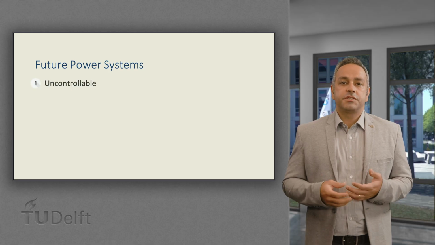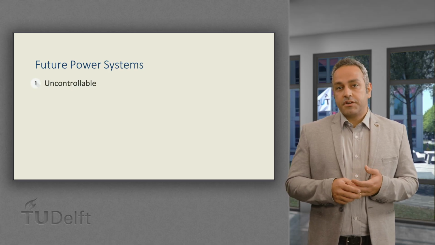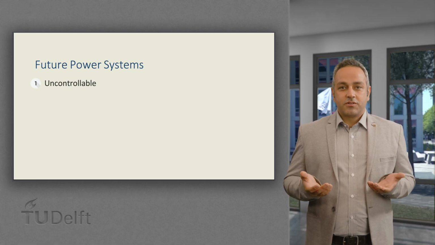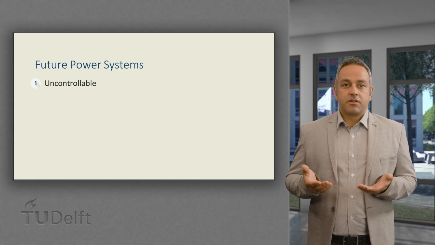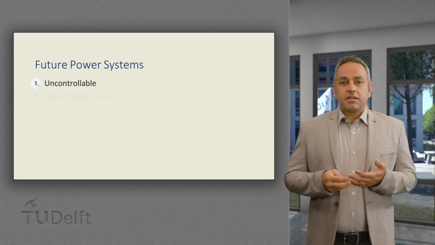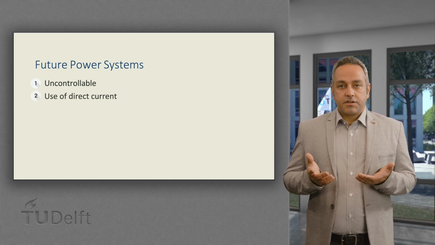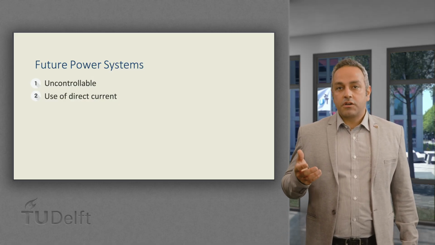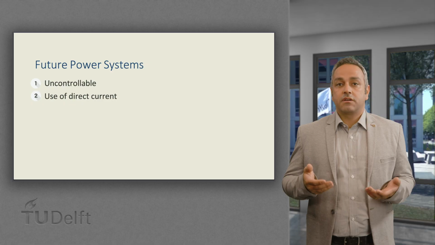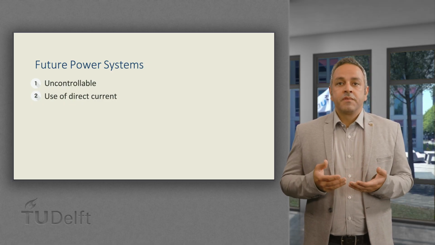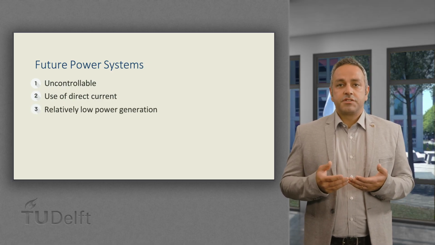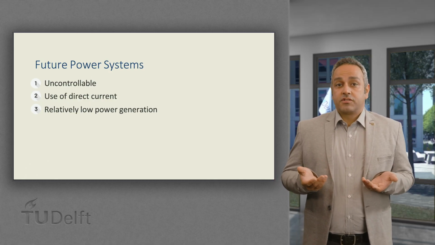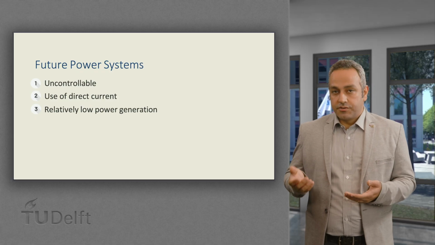First, a high percentage of power plants will be driven by uncontrollable sources as opposed to the controlled centralized power plants, mostly driven on fossil fuels. Secondly, a considerable percentage of generation units will generate direct current, as opposed to the large power plants which generate alternating current. Additionally, a considerable number of generation units will be based on renewable sources and will be of small scale located at the distribution system.